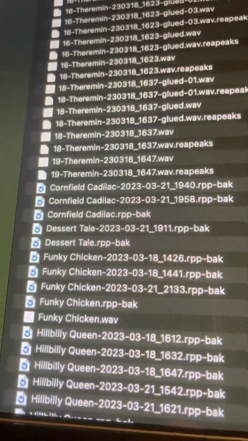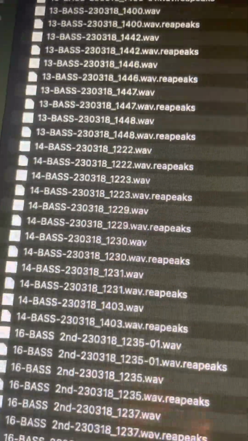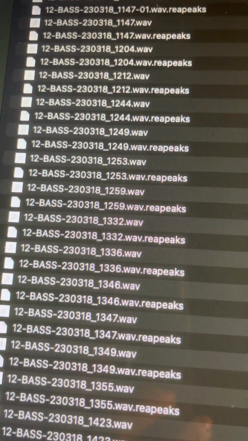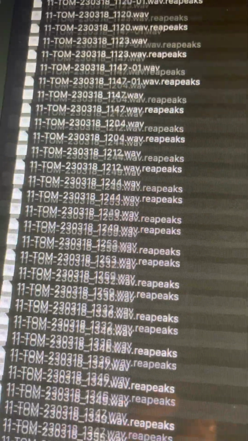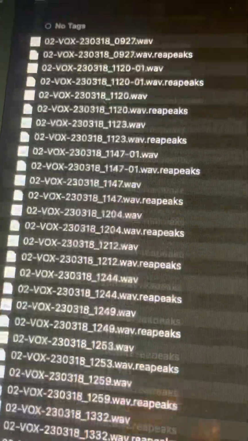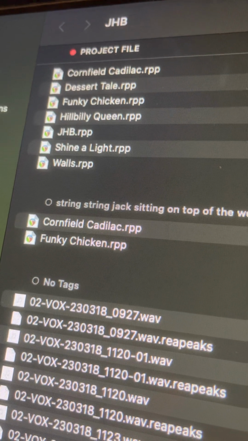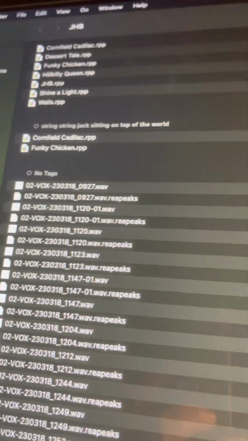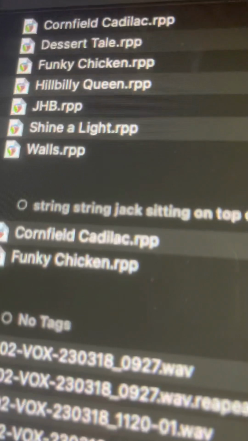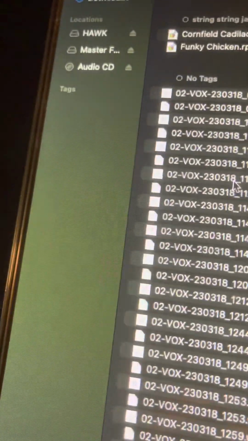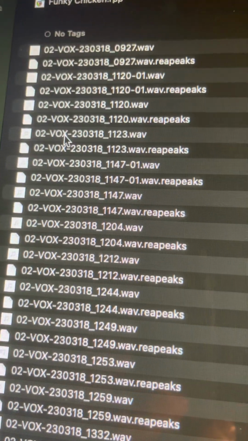So what I tend to do is I tend to use a tag. So I find all the project files, and so here we've got a load of project files up here. They're all up here because I've added tags to them. So you basically find the project file, which is the RPP, and you find it, click on it. Let's just click on this. It's not an RPP, but you just click on it, and then we go up to